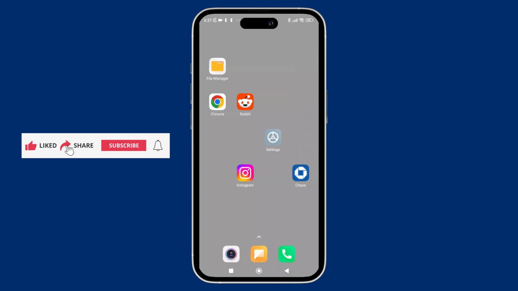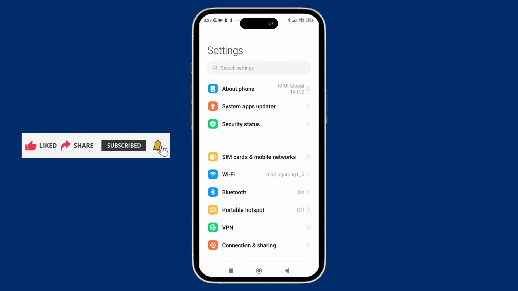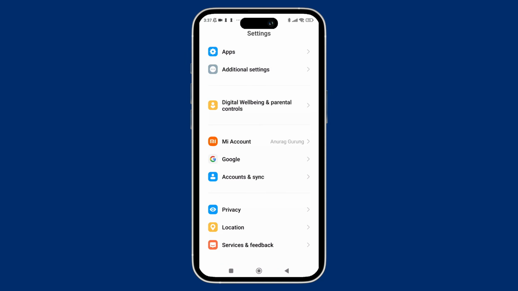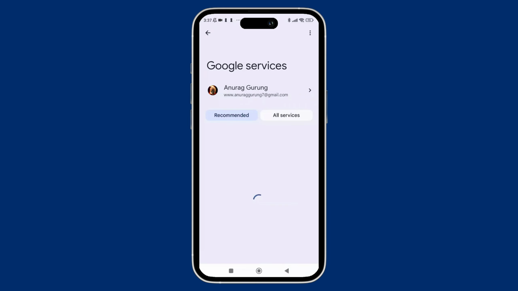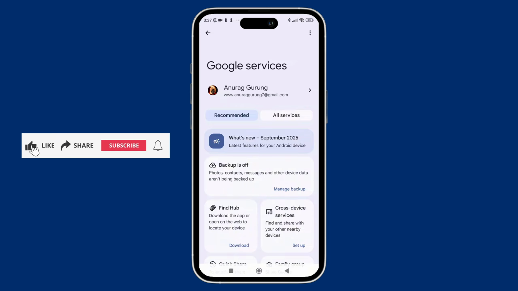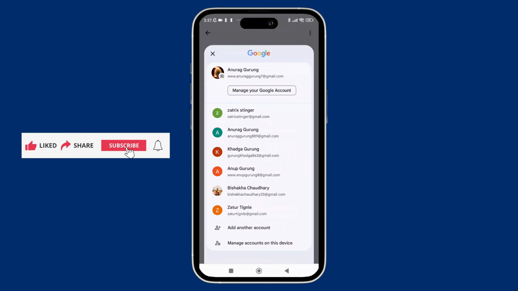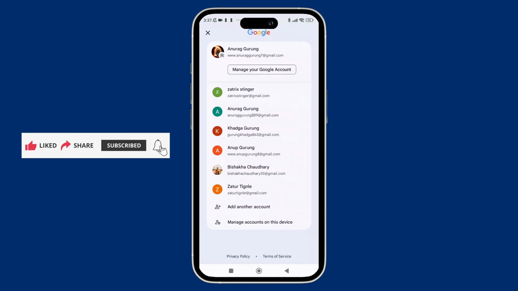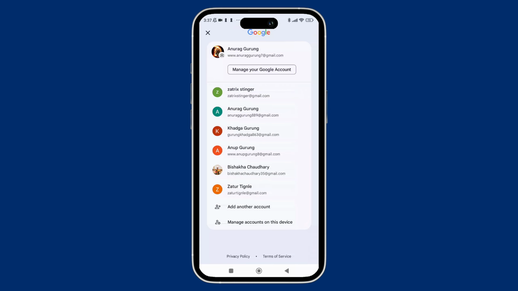So here, first thing first, open the settings app on your phone. And now here, once you are inside the settings, simply scroll down and tap on Google. Now here in this section you can simply tap on the side arrow which you can see beside your email. So here you can simply select which account password you need from here, and once you have selected it,